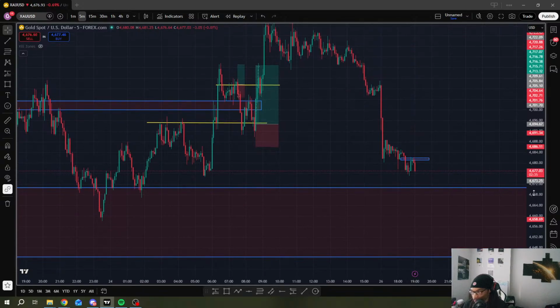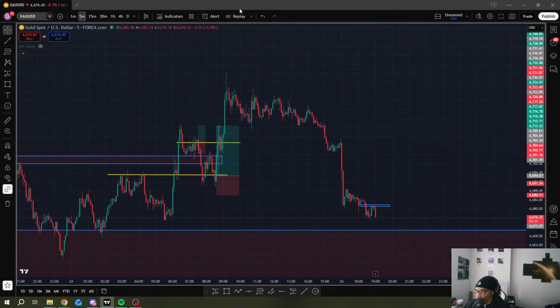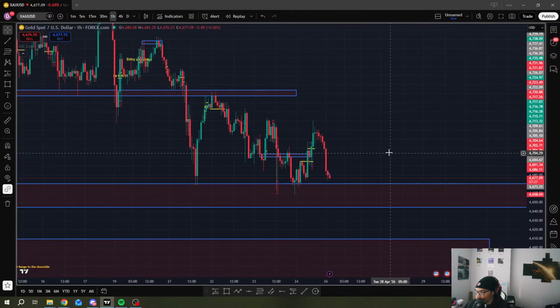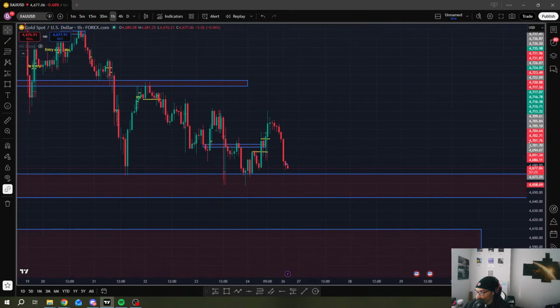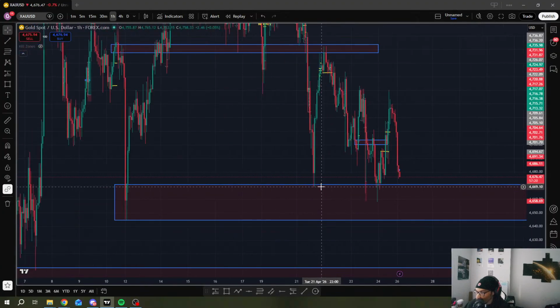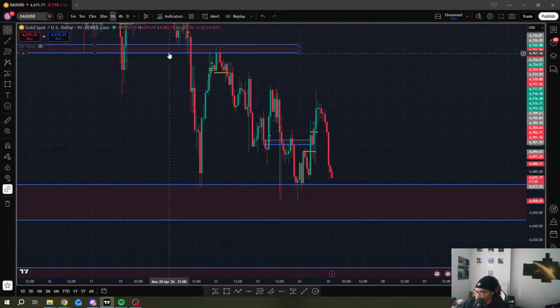There's a lot. We had a real nice gap opening up into this session, y'all. On a 1 hour, we're gonna start on the higher time frames. What we're looking for is for price to reach into this low right here. If we can get price to push into this low, then we may be set up for a little reversal zone. So we just have to watch price very carefully.